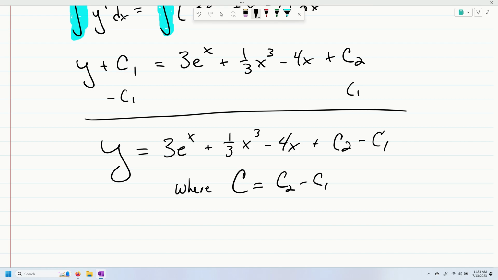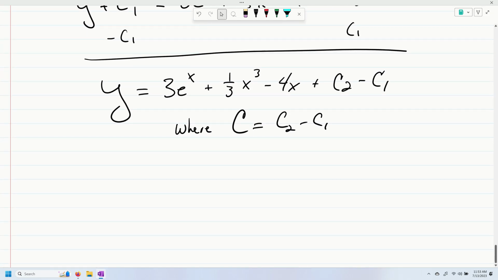All right. So what we're going to do is just replace c2 minus c1 right here with just a general constant c, because if you think about it, a constant minus a constant is another constant. All right. So we get y equals